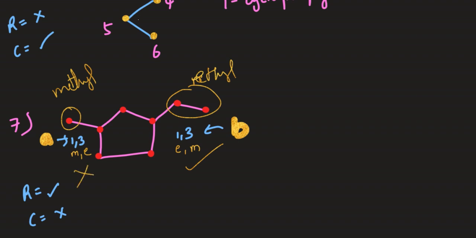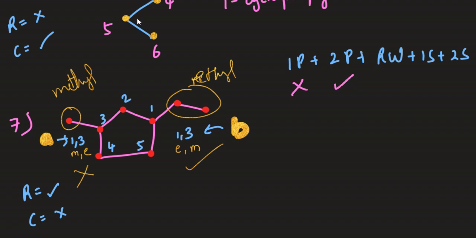So therefore if you start your numbering, you will get 1 2 3 4 5. So if I write the name: primary prefix, secondary prefix, root word, primary suffix, secondary suffix. Okay, so there is no primary prefix, secondary prefix is there. So first write in alphabetical order. So what you will get, 1 ethyl, next 3 methyl,